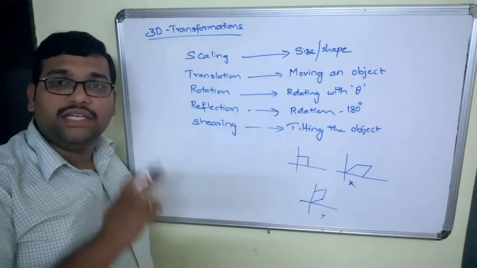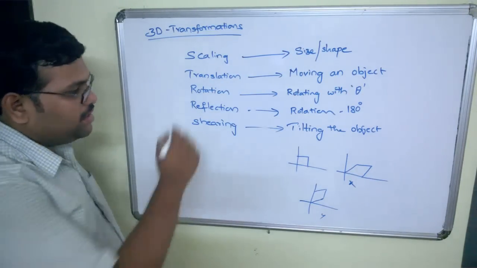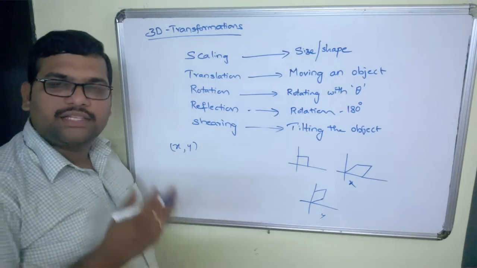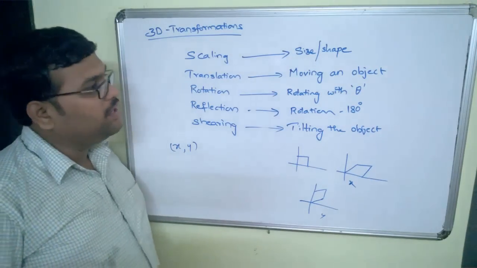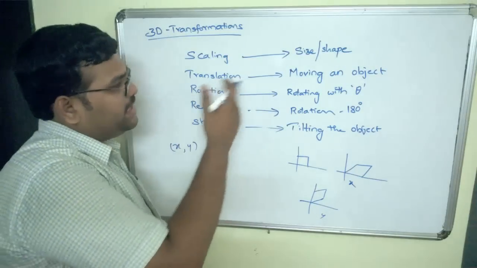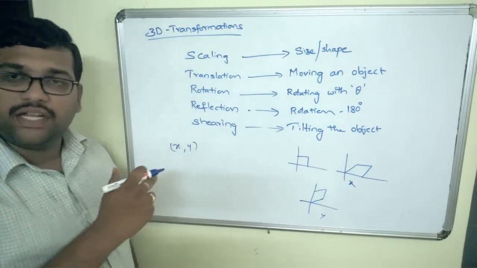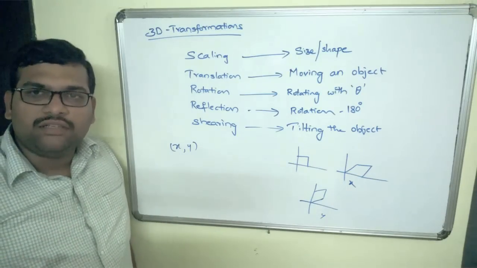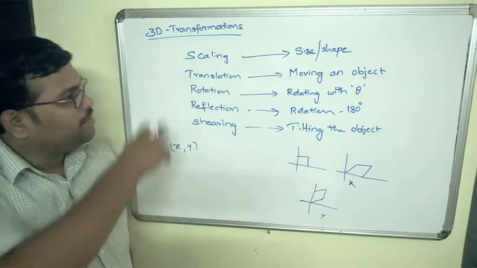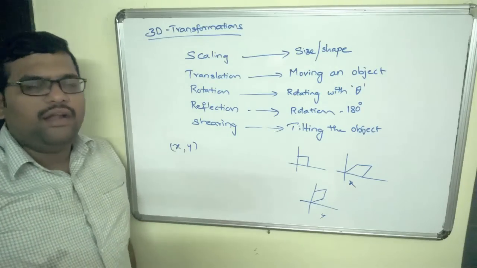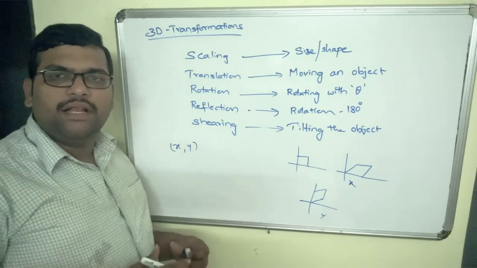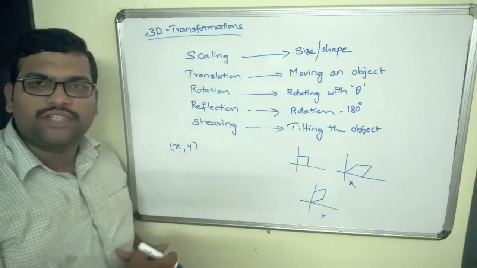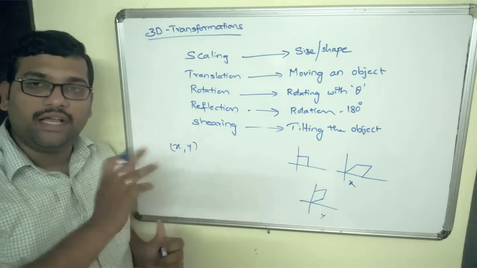All these concepts we have seen in two-dimensional transformations. Two-dimensional means only 2 coordinates will be there, one is x and another one is y. So we need to apply the scaling for xy, then translation for xy, similarly rotation for xy, reflection for xy, and finally the shearing for xy. We have also seen some examples solving all these transformation functions, and the meaning is similar in three-dimensional transformation. Here also scaling means changing the size and shape of an object, but here it is